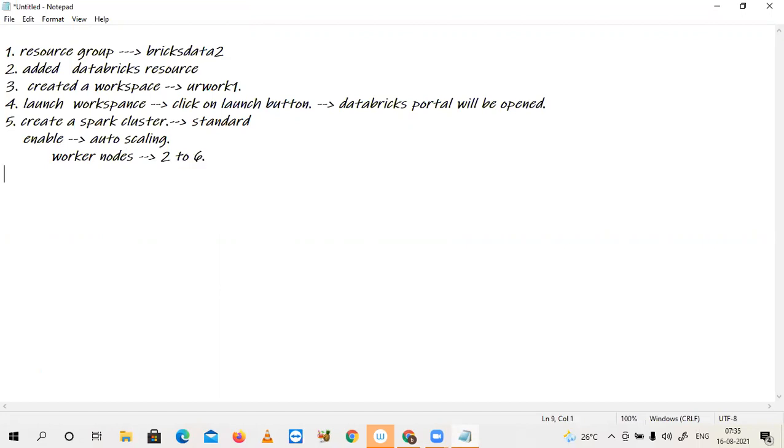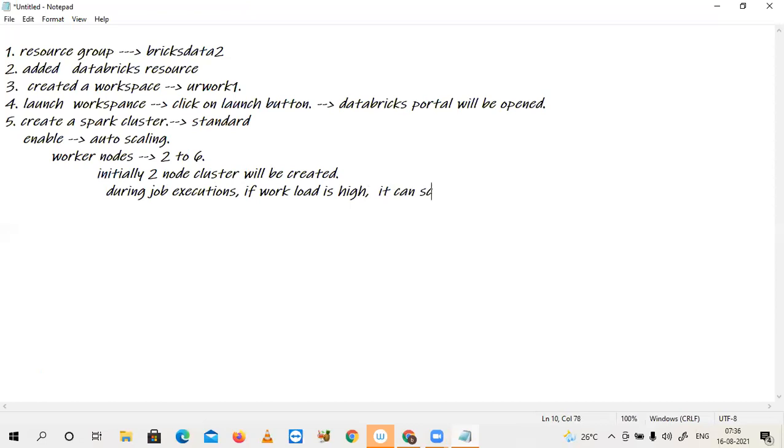That means initially a 2-node cluster will be created. During job execution, if the workload is high, it can scale up to an extra 4 nodes.